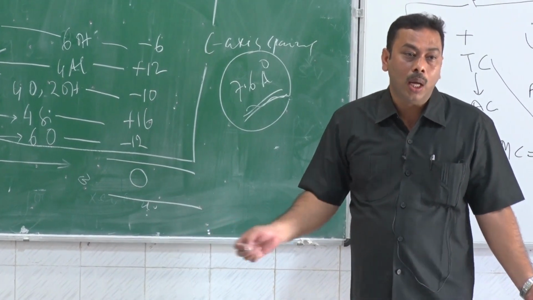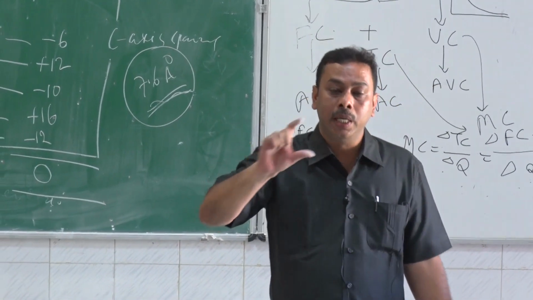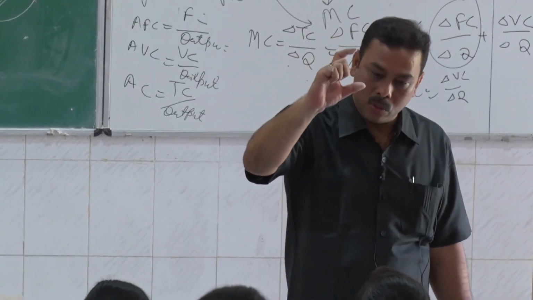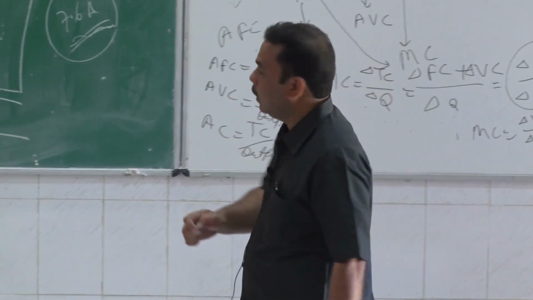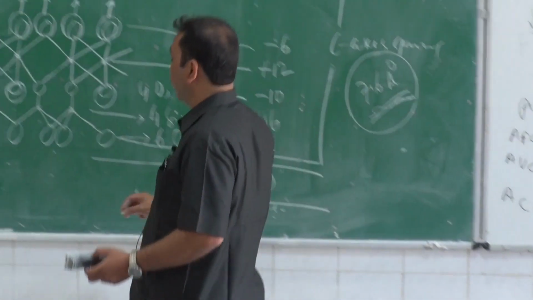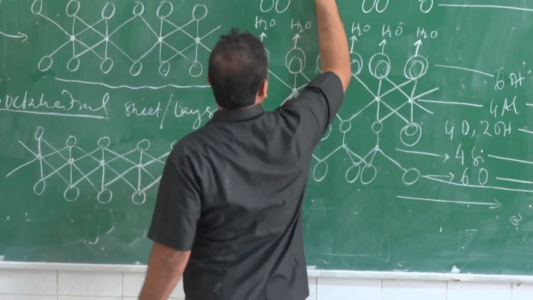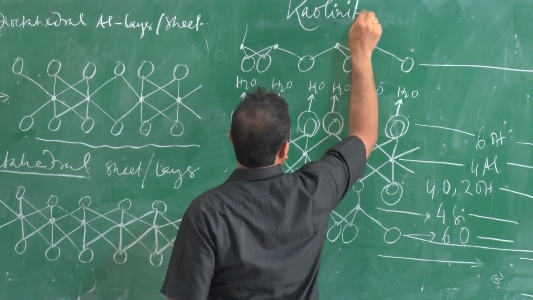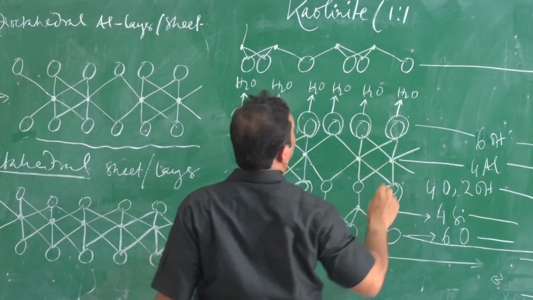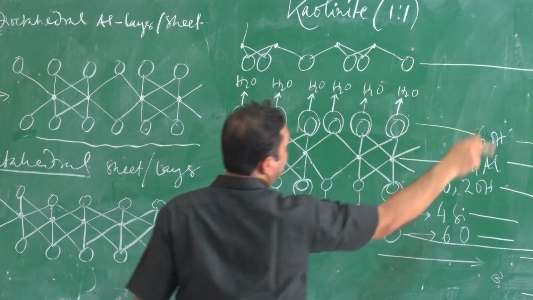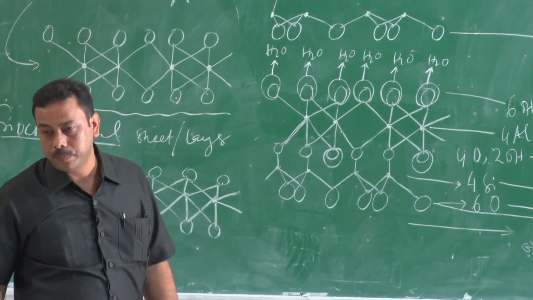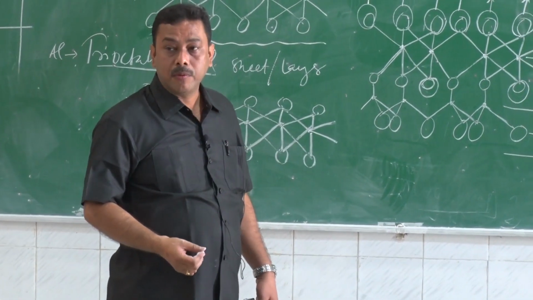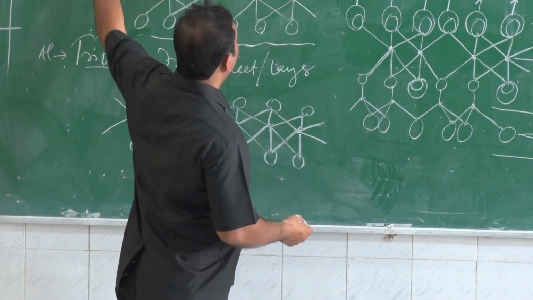Am I clear? One layer of silica tetrahedron sheet is tagged with one layer of alumina octahedral sheet, and this is called 1:1 layer silicate. And the name of this 1:1 layer silicate is kaolinite. Kaolinite. So kaolinite is 1:1 layer silicate. So the entire structure of kaolinite is this. Got me? Fine, fine. So